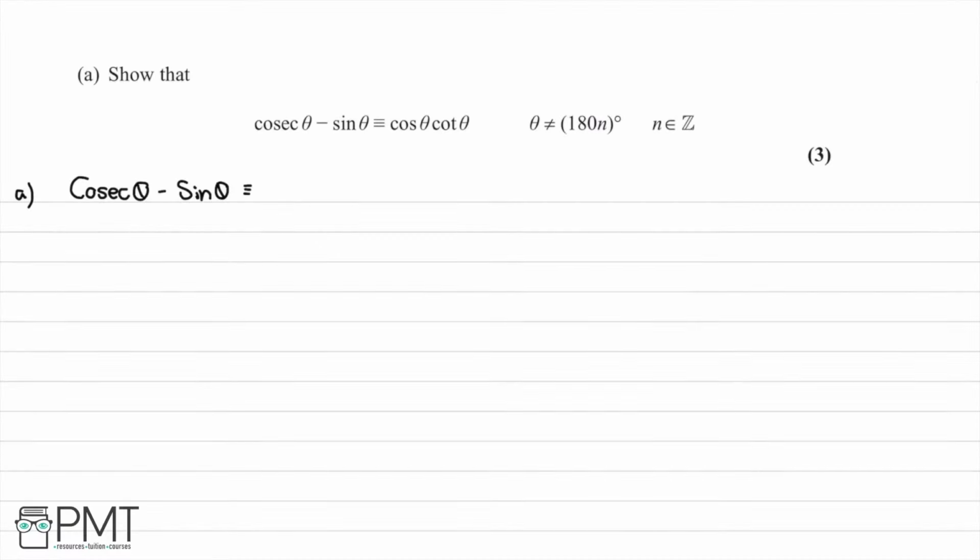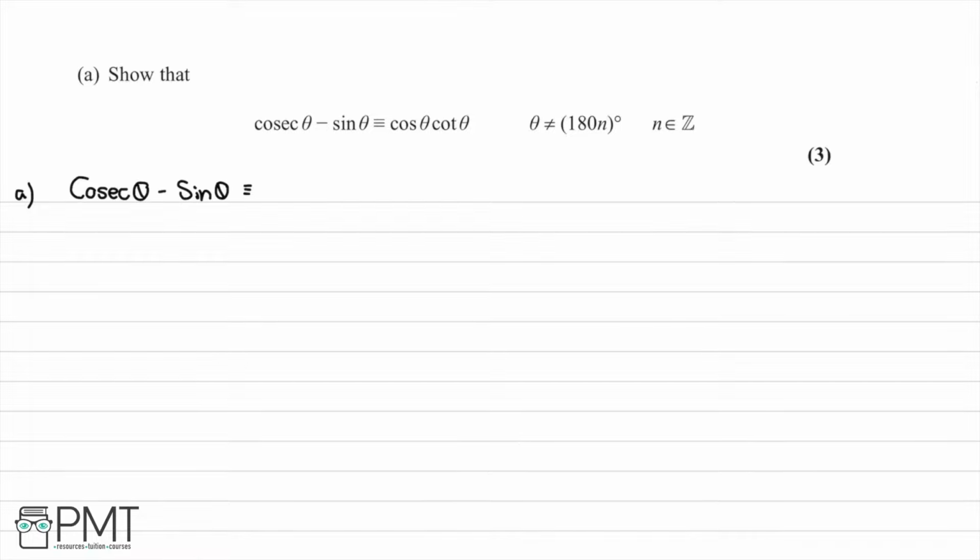So in this question, we're asked to show that cosec theta minus sine theta is equivalent to cos theta multiplied by cot theta. And this is for 3 marks. So what we're going to do here is take the left-hand side of our expression and use trig identities to manipulate it to eventually come to the term on the right-hand side. As you can see, I've copied our left-hand side down here,